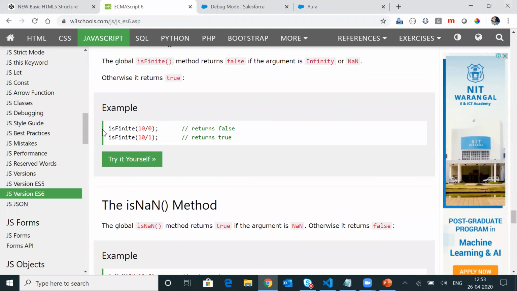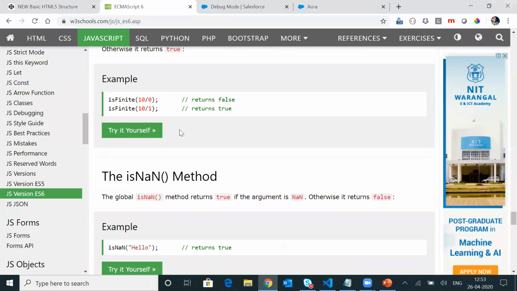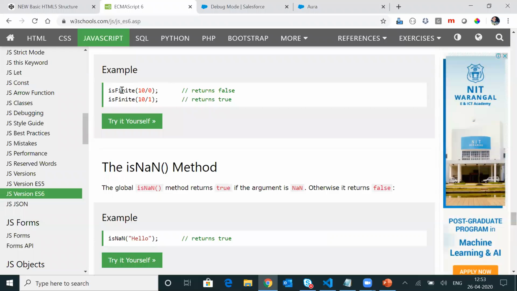Some of them are, let's say, isFinite. With isFinite you can easily identify whether a number is finite or infinite, and it returns a true or false boolean based on the parameter you pass to it.